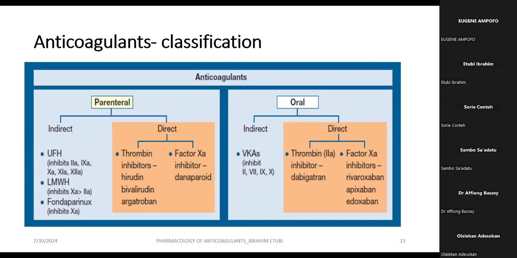thrombocytopenia. So on the other side, for the oral formulation, we have two major groups. It can be divided into those that act indirectly and those that act directly. Those that act directly either act on thrombin, factor 2A, as direct thrombin inhibitors like dabigatran, or the factor 10A inhibitors like the DOACs, rivaroxaban and edoxaban as examples. Then the oral anticoagulants that work indirectly are mostly VKAs like warfarin, which inhibit the vitamin K dependent factors 2,